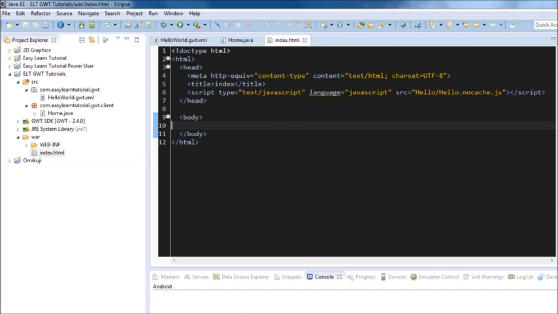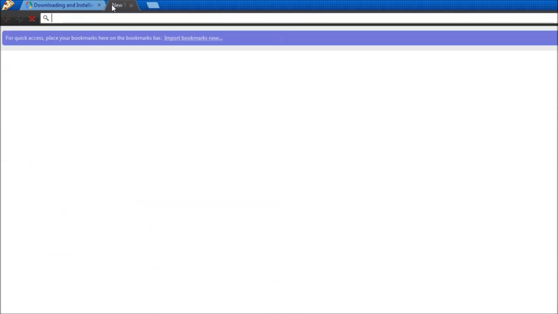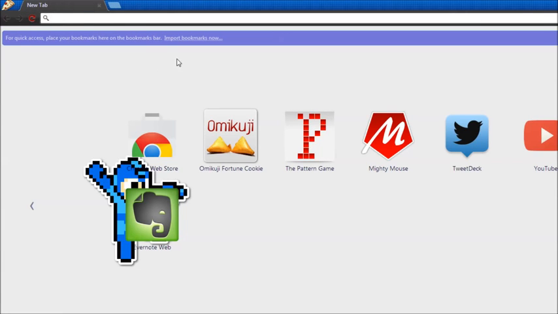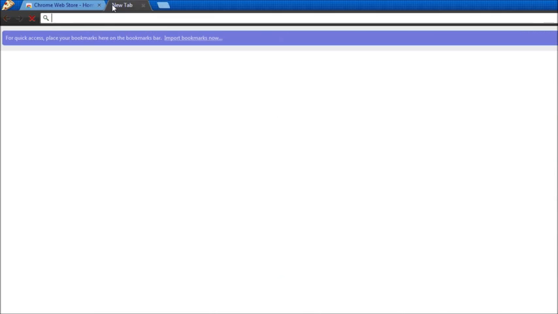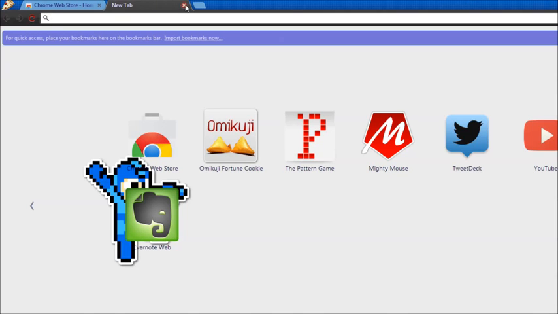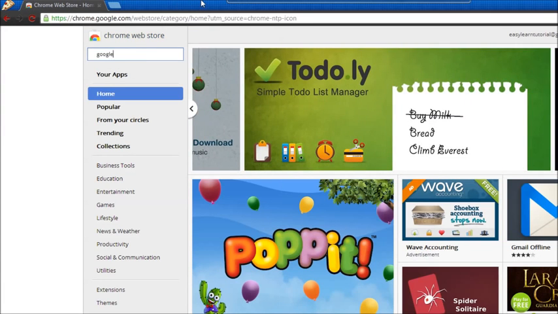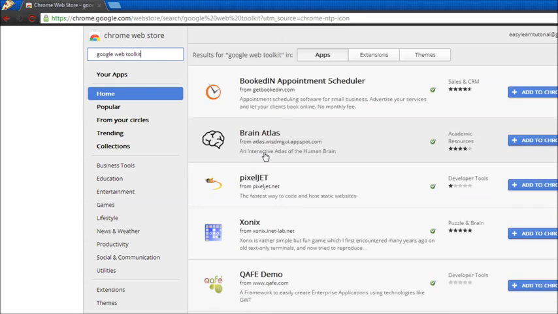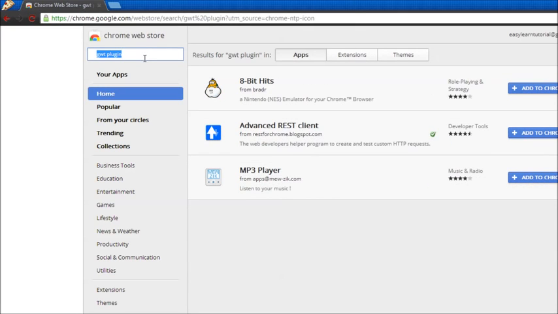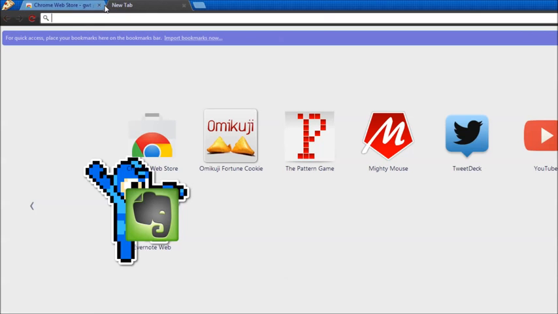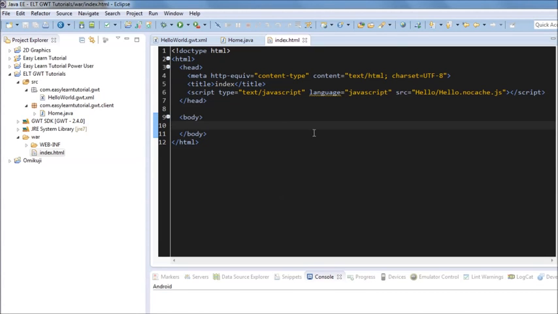For that, you're going to need a plugin for your browser. Chrome obviously has a plugin for it, and Firefox has one, maybe even IE. But if you're running Chrome, which is what I recommend just so you can follow the tutorials, go to your Chrome web store and do a search for Google Web Toolkit, or let's just say GWT plugin. I'll have a link directly to the plugin. Well, if you can't find it, like I failed right now,